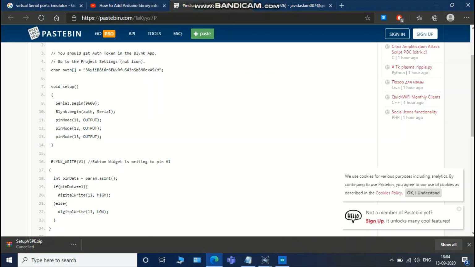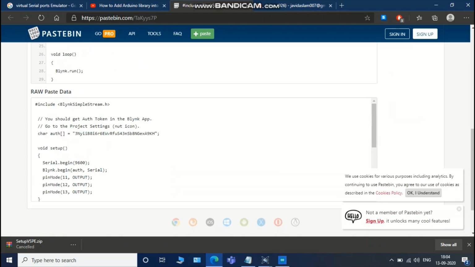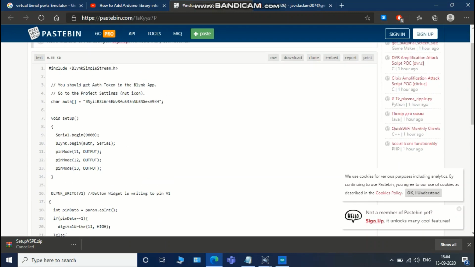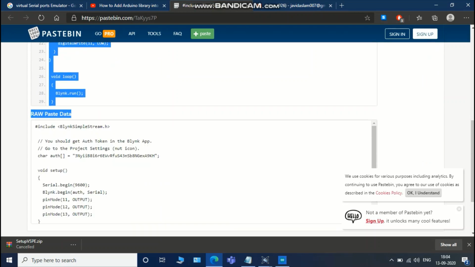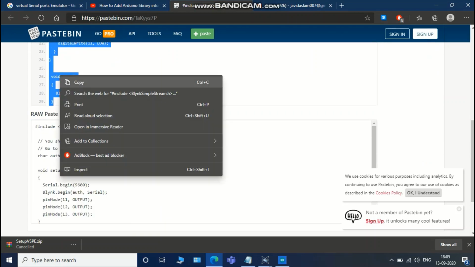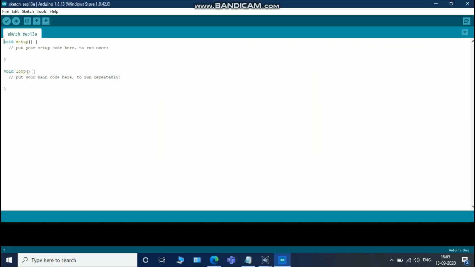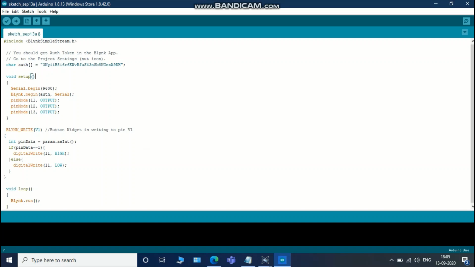This is the link I have given. Copy all the code and paste it directly into the Arduino IDE. Okay, in this code, you have to replace the authentication token.